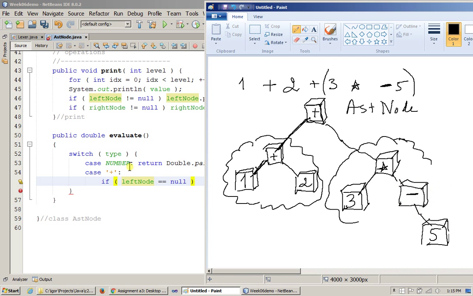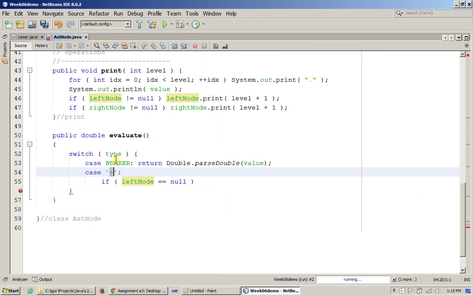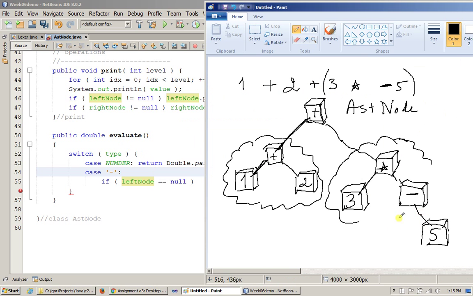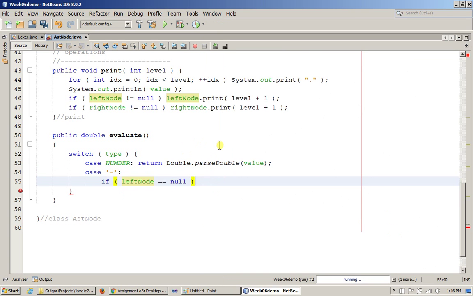Okay, and so let me switch over here to minus so that we can do the minus processing over here, right? So that would be the case that would be present that we need to work with, right? With the minus in front of 5. So if you can see that if this was an unary operator, the left-hand side of this minus, which we're currently looking at, would be set to null, right? So that's why I say if the left-hand side node is set to null,